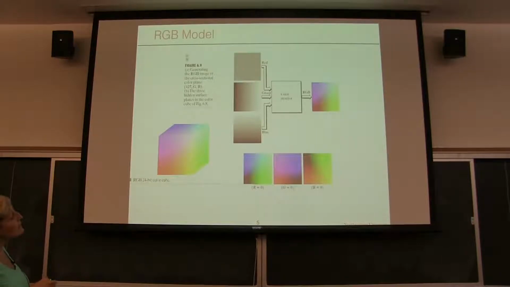For example, in these three images, this one corresponds to the red band, this for the green band, and this for the blue band. Okay? And so this one has all pixels the same value, say 127, which is roughly